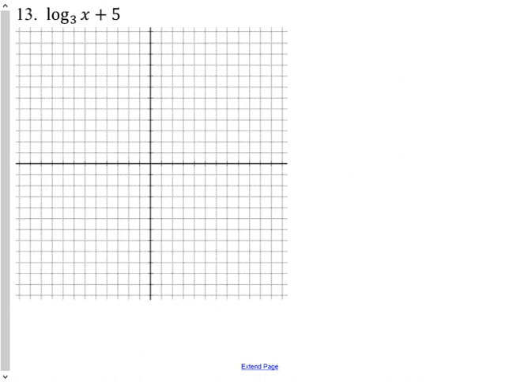Next one, we got log base 3 of x plus 5. Okay. Same idea, 3 to the y equals x. This time, notice plus 5 is outside the x, right? They didn't put it in parentheses. So